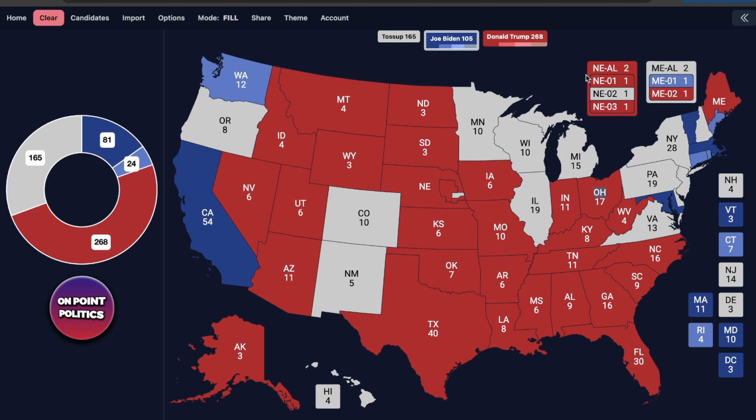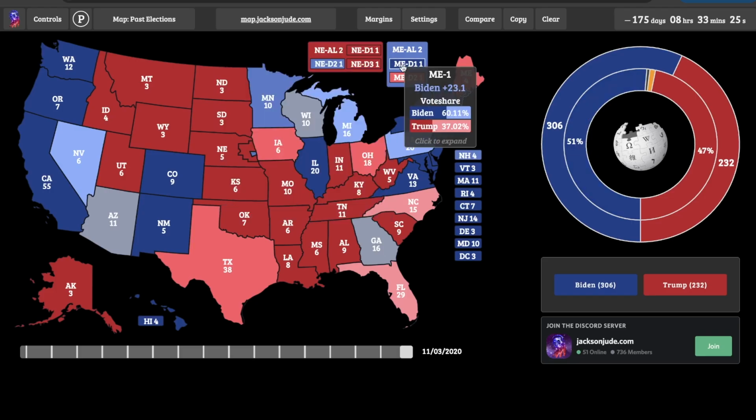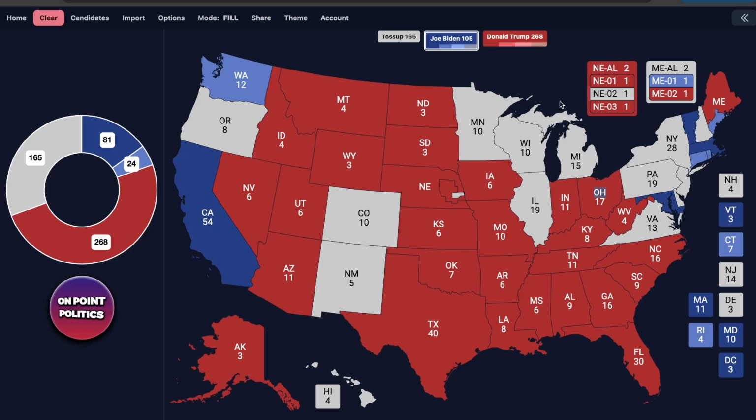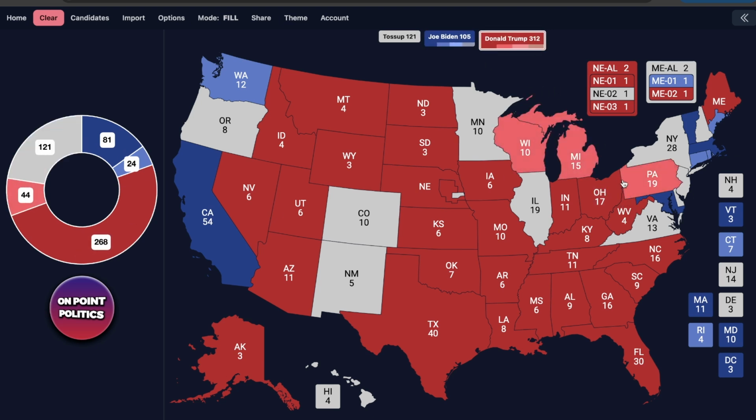If we look at Maine's first, I'd expect this to fall under the likely category. I think it'd probably be a 7-point win for Biden, which would be a massive decrease from the 23-point win that he got in 2020. If we keep looking, we're going to see that there's not that many other states to fill out for Biden in the likely column. Wisconsin, Michigan, and Pennsylvania are states that I think would flip into Donald Trump's column. I think he'd win all of these by around 8 or 9 points in a best case scenario, even though my model from the last video suggests that he is currently going to win them by 9,